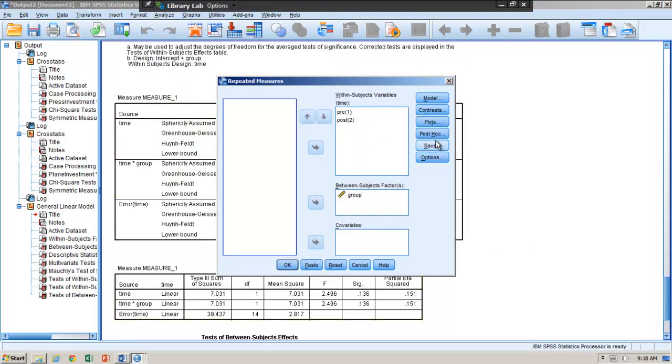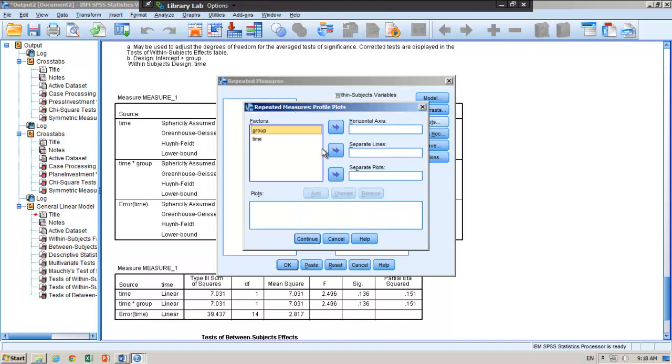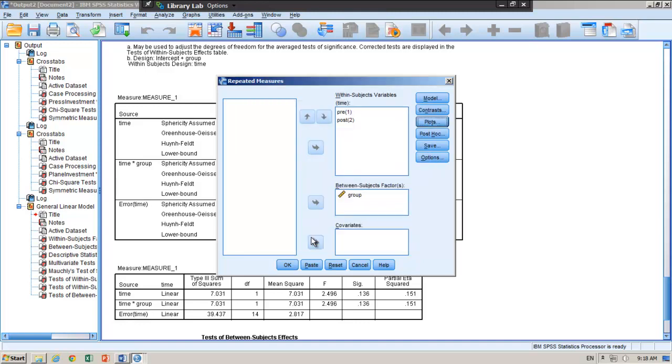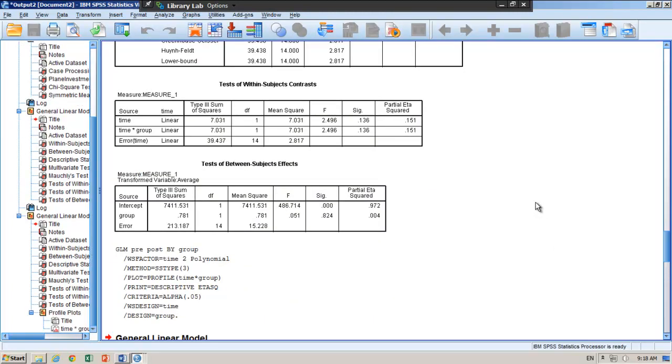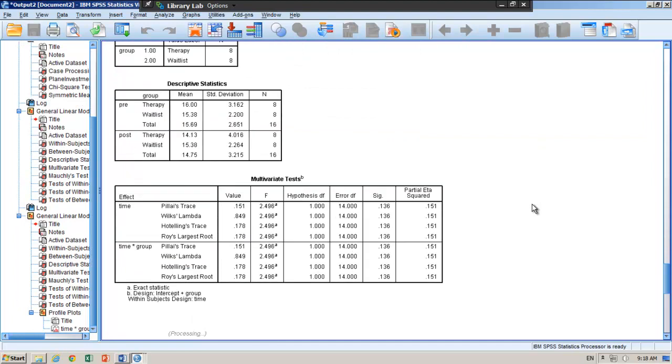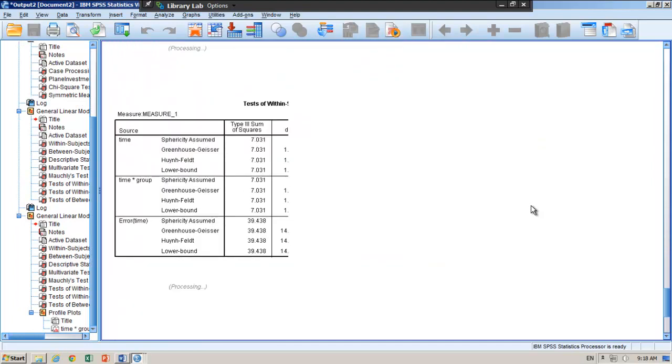Therapy and waitlist. If you add a plot here, you can also put a plot to show the change from pre to post separately for each group. And now if you rerun the analysis, down below,